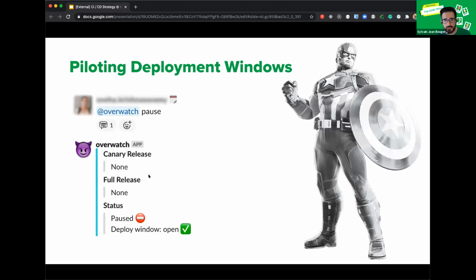Second thing that we did is that we allowed on-call engineers the ability to control and pause the entire organization, and stop the entire organization from deploying with just a single command on the Slack bot. If a major incident hits us, we can stop all of the deployment across the entire organization, to ensure that a problem that is already maybe difficult to debug is not made worse by all the changes going into the system.